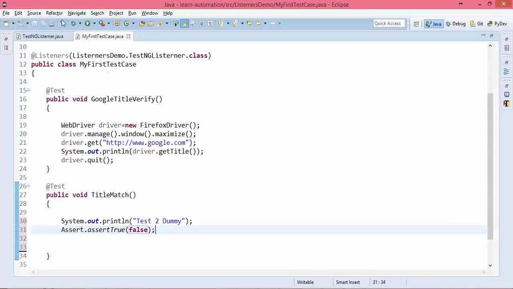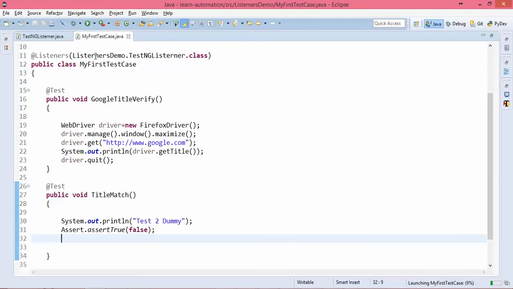Assert true will only pass your test case if it gets true. Now I want to fail this test case forcefully, so I passed the value as false. If assert true gets false, it will fail your test. So let's run this and check how it works.